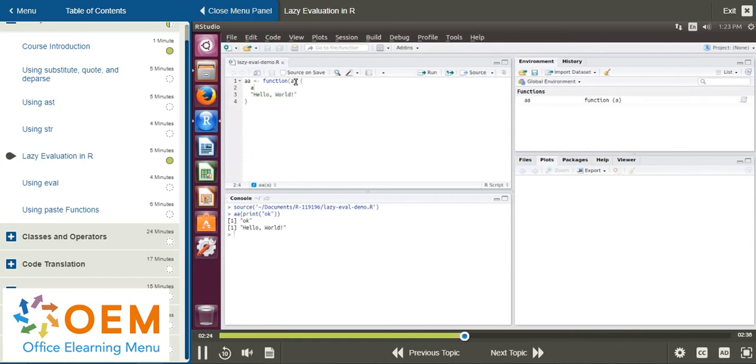Now, if I were to change A to have a default argument, let's remove this line 2, and let's see the behavior when we have a default argument. And I'm going to set the default argument to the function message("OK"). Now I'll reload the source, and let's type AA again. And this time I won't pass any parameters. So it should have this default argument. And it just prints hello world. So the message OK does not get sent. So like functions that I pass in as arguments,